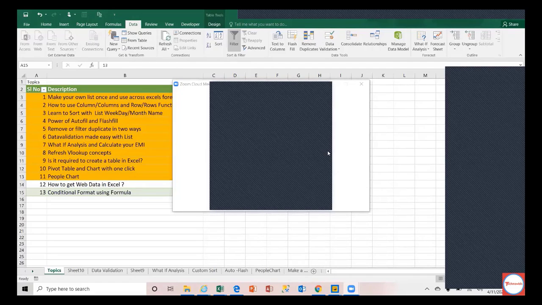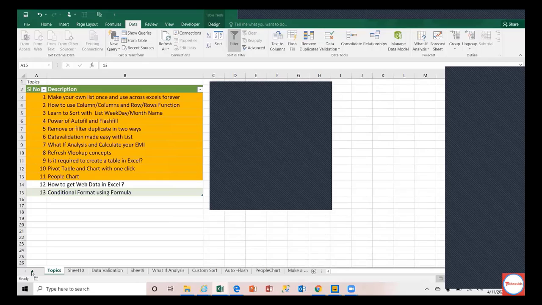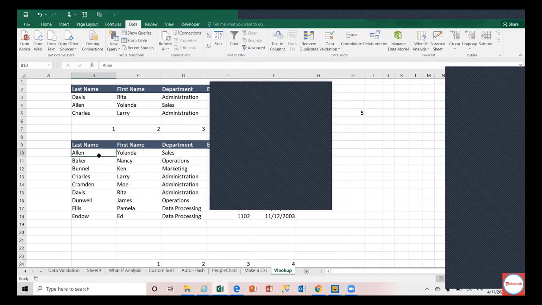Yeah, definitely, that's the advantage of match. In fact, you should use match and index separately instead of VLOOKUP. The disadvantage of VLOOKUP is that the lookup column has to be in the first place, left to right, and all those limitations are there. If you use index and match together, this column can be anywhere. This last name can be anywhere, and you can use index and match together.